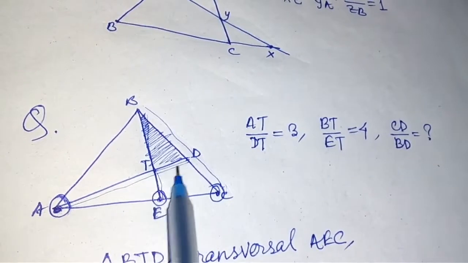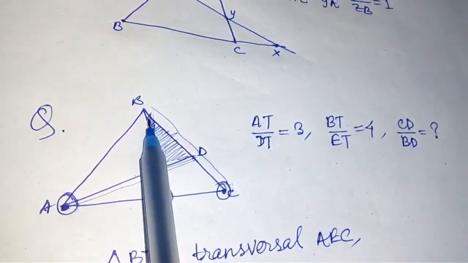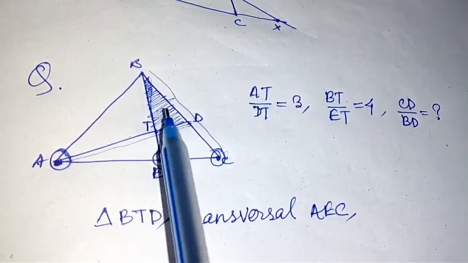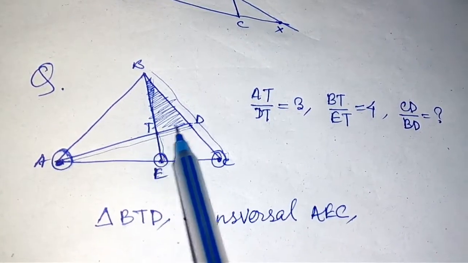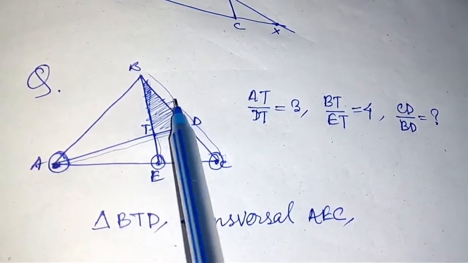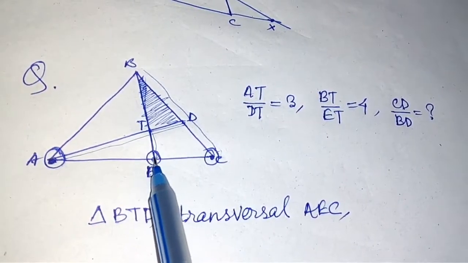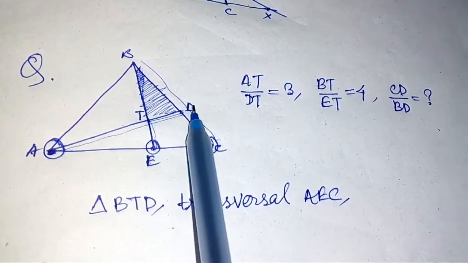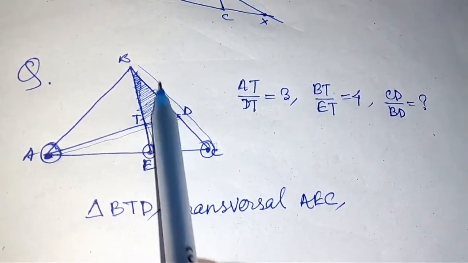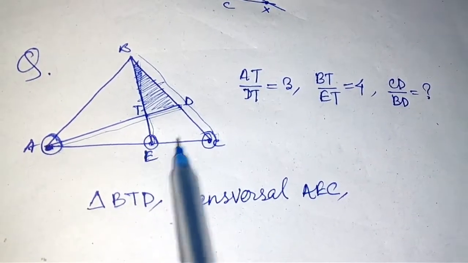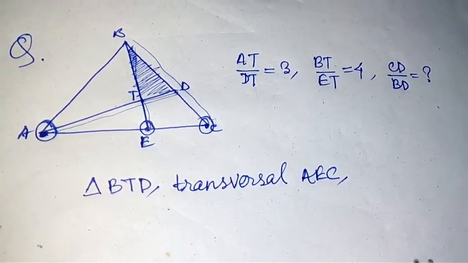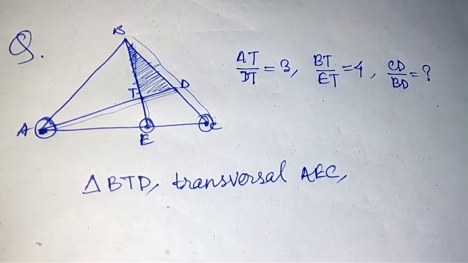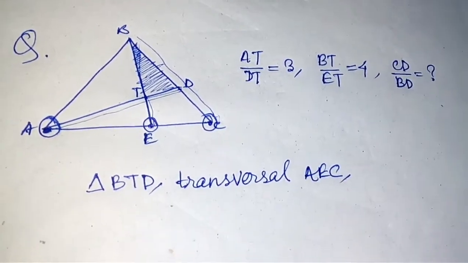Now see, we have to understand the triangle that is enclosed by these 3 lines. This triangle is enclosed by these 3 lines. Now this is the triangle where we have to apply the Menelaus theorem. See, this line is cut at this point when it is extended, this line is cut at this point when it is extended, this line is cut at this point when it is extended. So triangle is BTD. We have identified it by finding the intersection of the lines, and the transversal is AEC. The tip for solving these questions is we have to assume, or just for remembering the formula, we have to think of a train that is going from station A to station B.